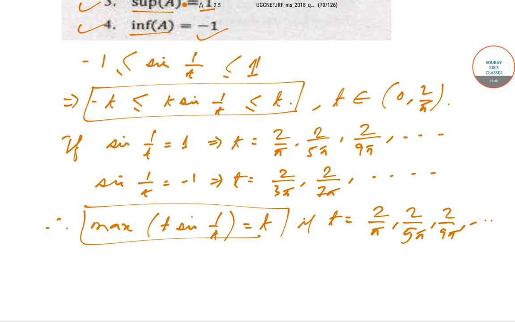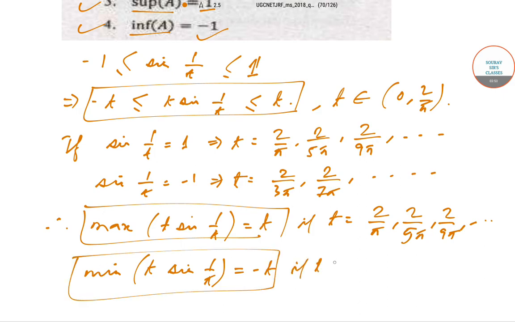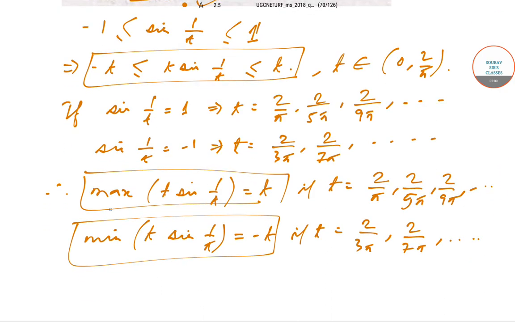And similarly the minimum of t sine of 1 by t, which is equal to minus t, will occur if t is equal to 2 by 3 pi, 2 by 7 pi and so on. So as you can see, the maximum of t sine of 1 by t will be equal to 2 by pi,